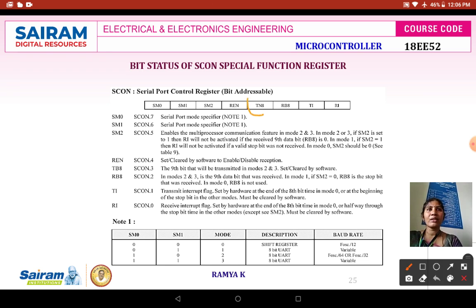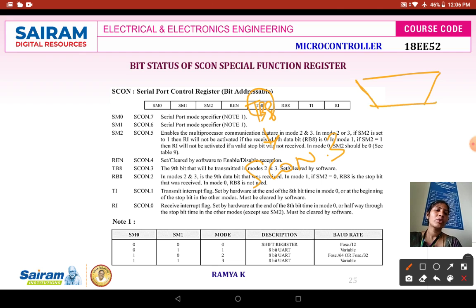Next one, TB8. This is SCON.3. It is the 9th bit that will be transmitted in mode 2 and mode 3. The 9th bit, in the sense of your RS-232, you can consider the last bit to be the ring indicator.